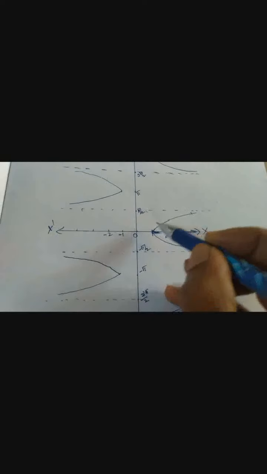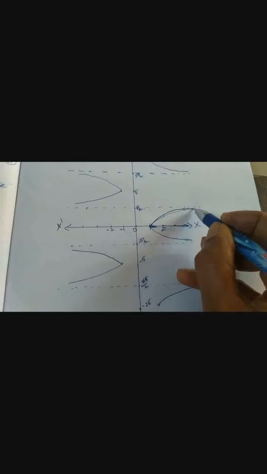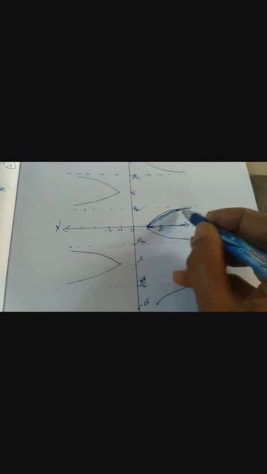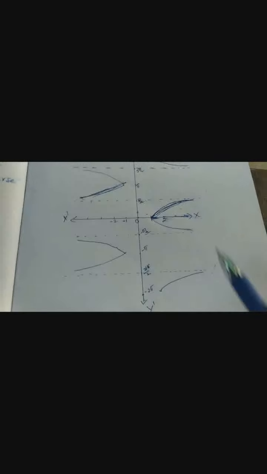Now interchange the numbers you have written on the x and y axes. In the graph y is equal to secant x, you will get the graph of y is equal to secant inverse x. Here for different intervals you will get different branches, but look at this branch, 0 to pi. This branch, 0 to pi except pi by 2, is called the principal value branch.